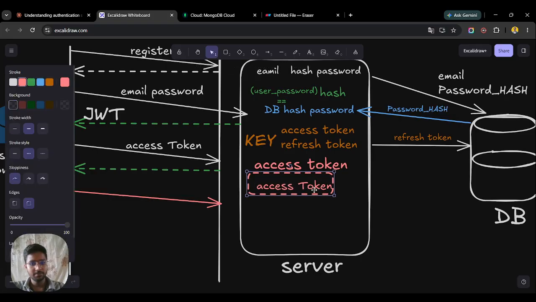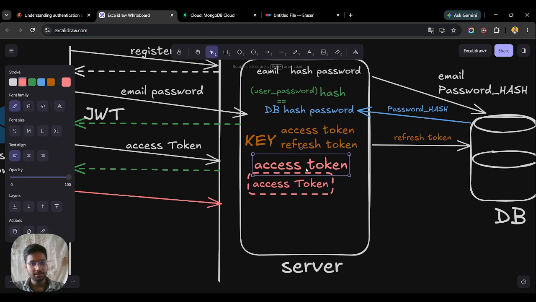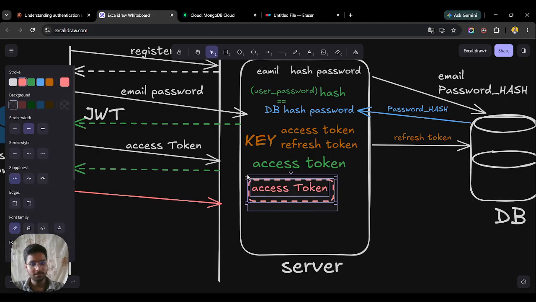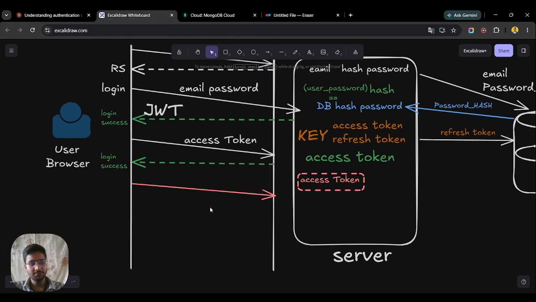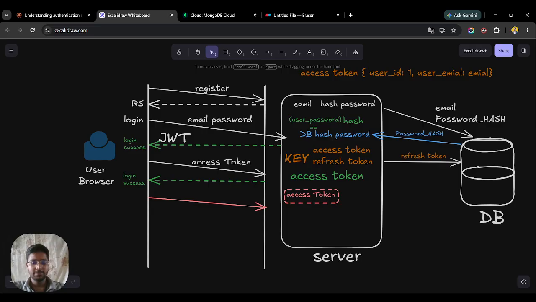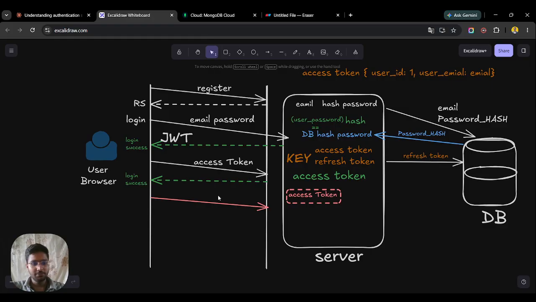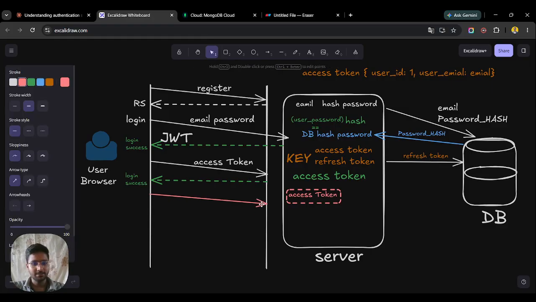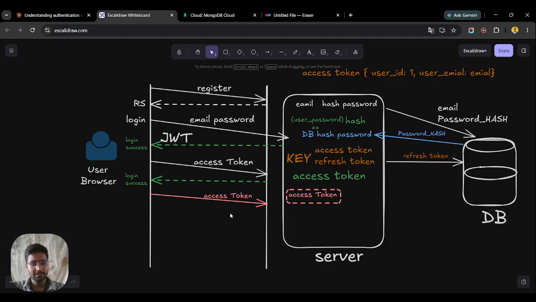This time, I need to mark this in green color so you do not get confused. This is the first time when we do it. The second time this access token comes, it becomes invalid because it expired. Our server will check the expiry date, and it says that this token is expired. So after it expires, or simply because we have sent the expired access token,